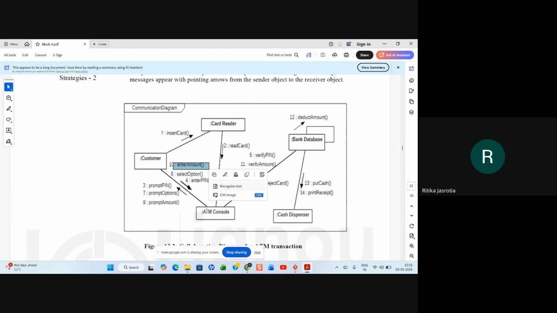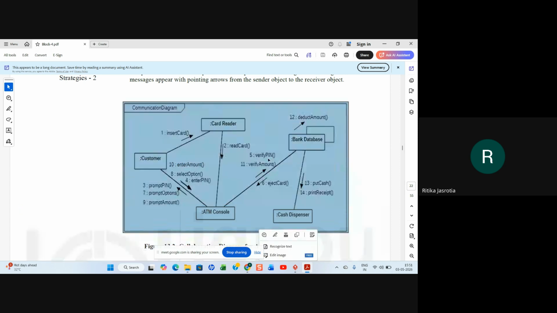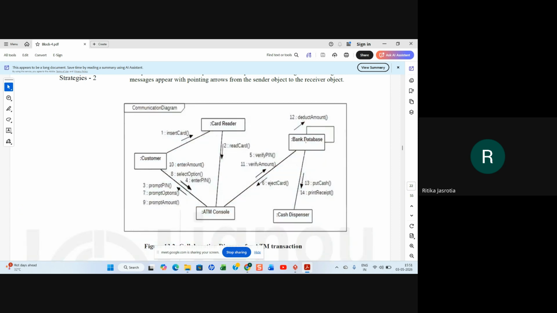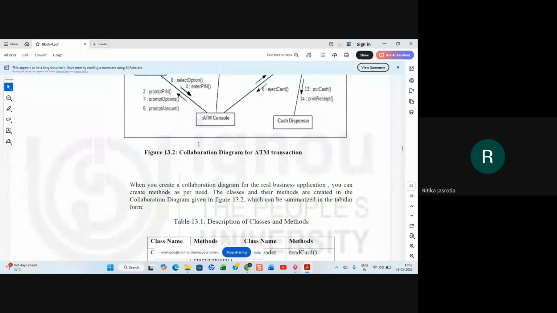Tenth message, the ATM console then verifies the amount from the bank database, whether it is less than the balance, and then it will deduct the amount, update the bank database, right? And put the cash in the cash dispenser. Fourteen, print the receipt, right? So this is the way this has been made in a communication diagram.